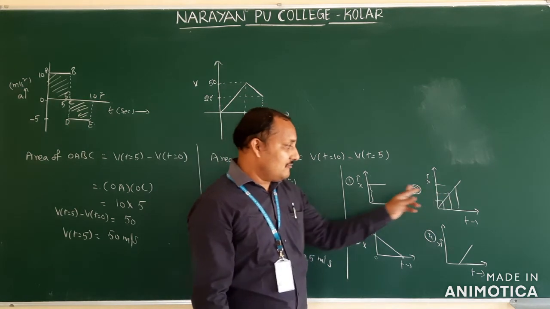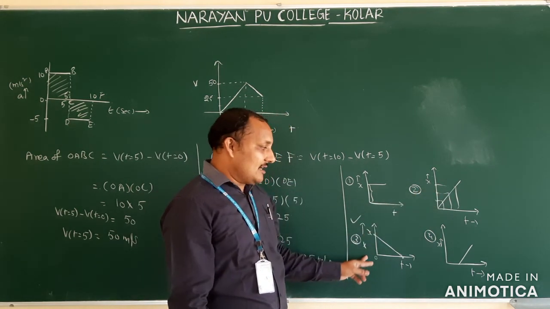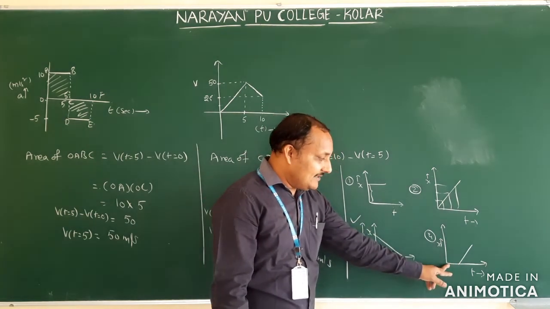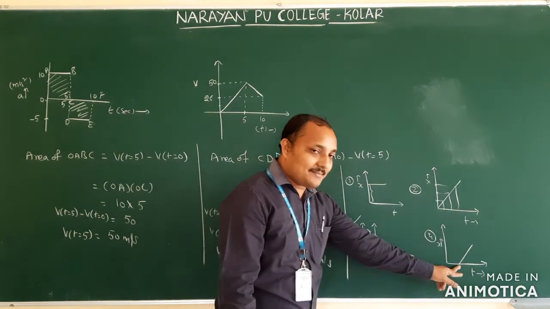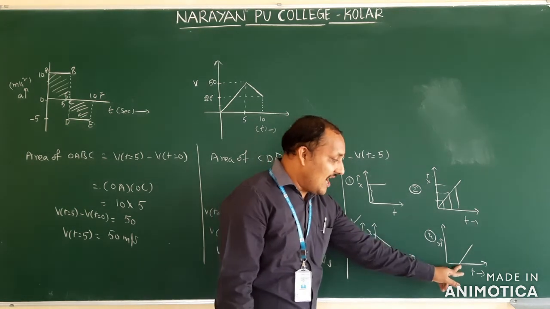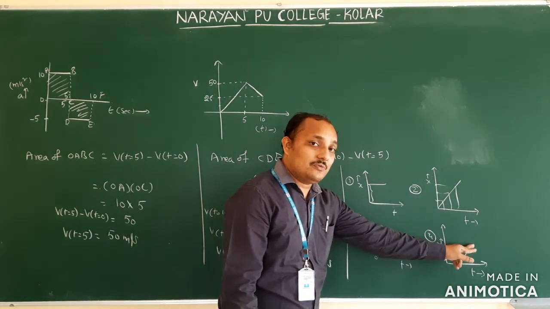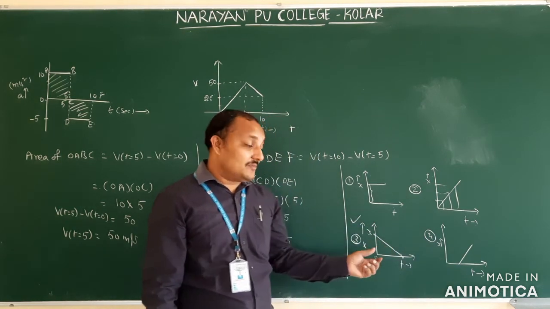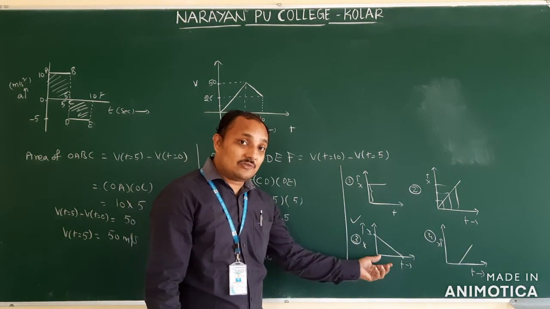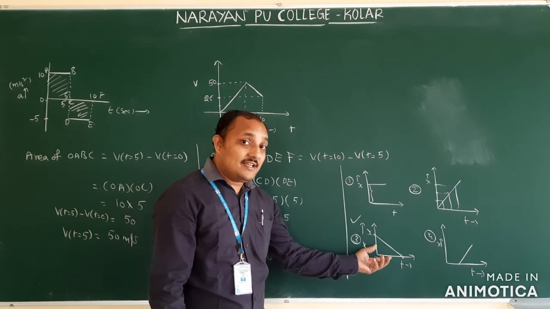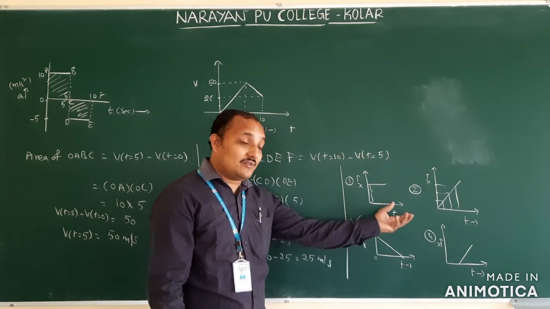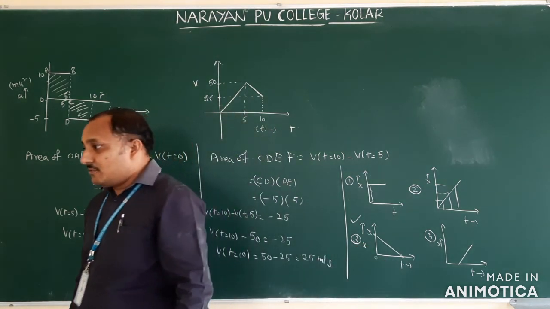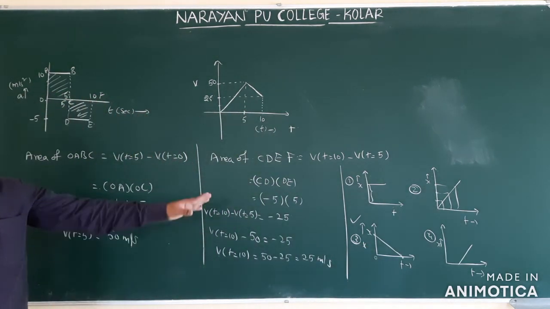Okay, all these 1, 2 will be possible. 3 is not possible. We will see 4 also. 4 means initially he is at rest. After some time also he is at rest, but after some time he started to move. Therefore, this graph is also possible. So the graph which is not possible is this graph. This is wrong, and according to the question this is the correct answer. Okay. So that is how to see the graphs. Okay, understood?